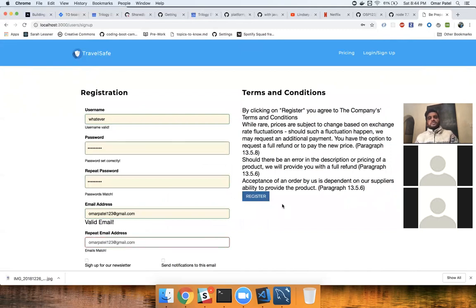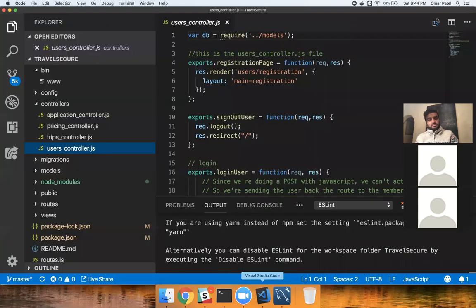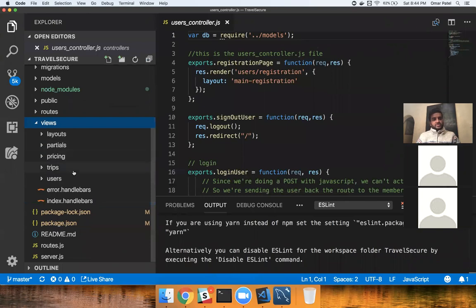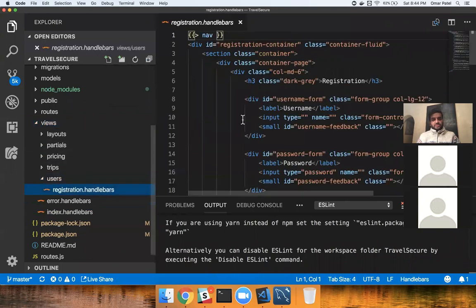Now, what's going to happen here is I need to register this user. So after I hit register, I need to have a page that displays with dynamic info. So the page that gets displayed is going to be, let's see. If we go to views, this is the registration page. So if we go to users, registration,